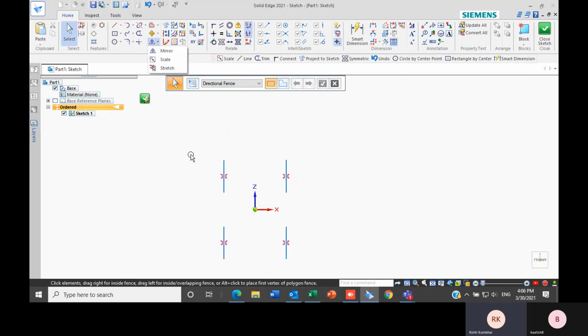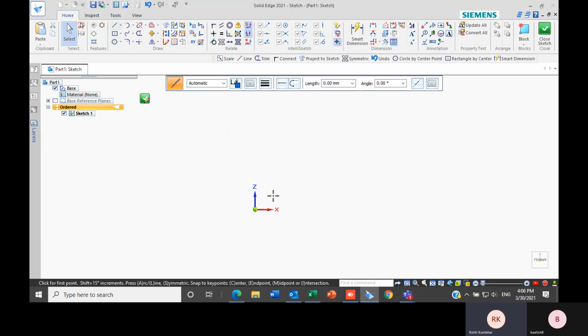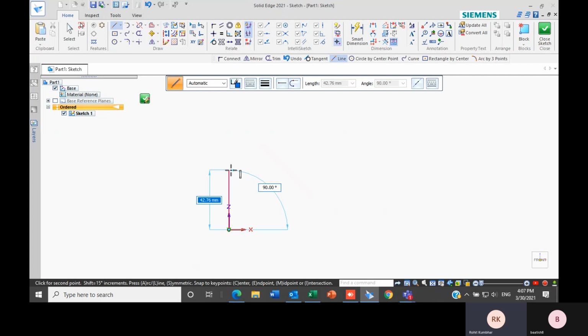Our next option is scale. Let's say suppose this is my sketch, and as you can see the lines here are of length 50.